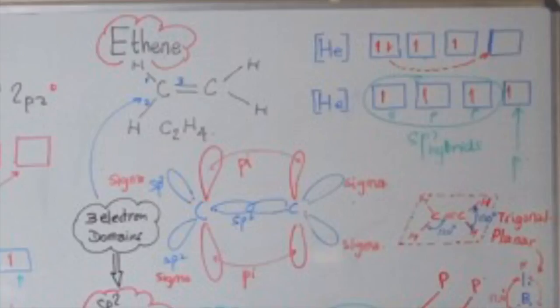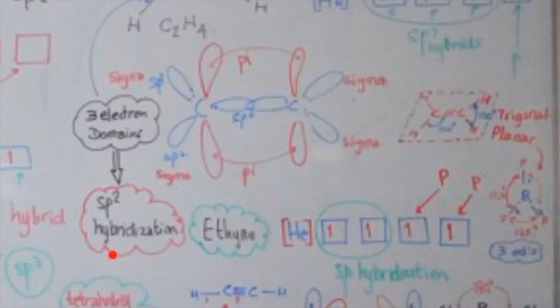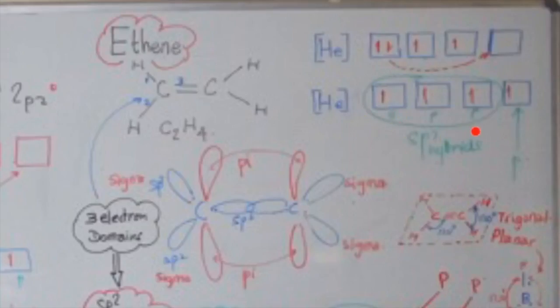The pi bond does not exist in its own electron domain, but allows for the existence of what is termed a double bond. Experimental observations will show that this double bond is stronger than the single bond, and the bond length is also shorter than the single bond. And the explanation for this trigonal planar molecule with the stronger bond and the two sigma bonds can be had through what is termed sp2 hybridization, where one s orbital merges with the two p orbitals to form